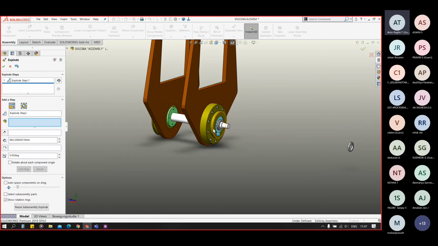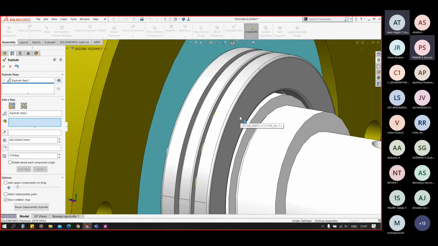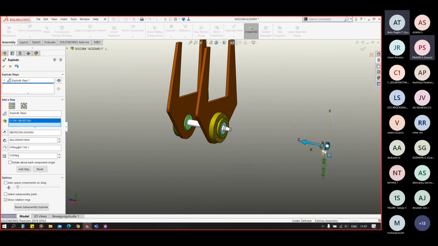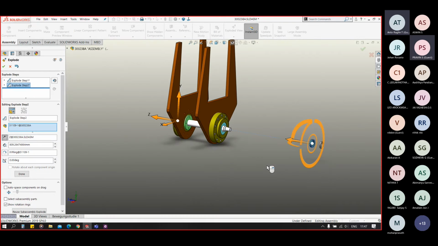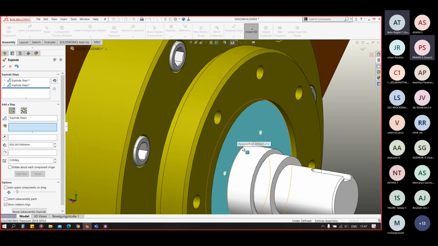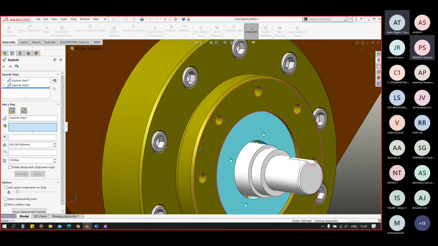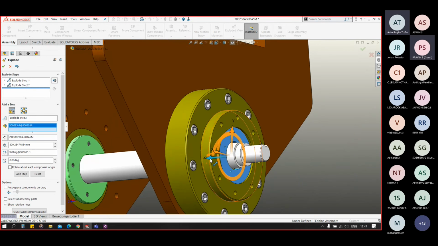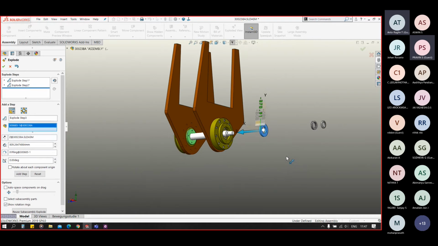Now I have my explode step 2. In that case, I'll select this thrust bearing and drag it outside like this and mark it as done. For my step number 3, I'll remove this spacer and drag it outside.